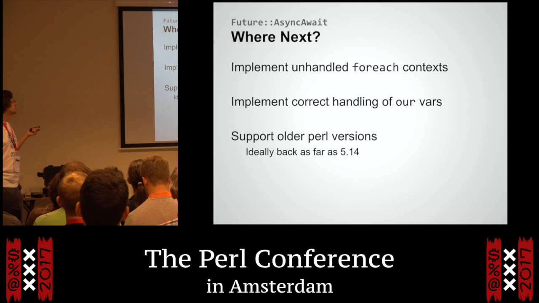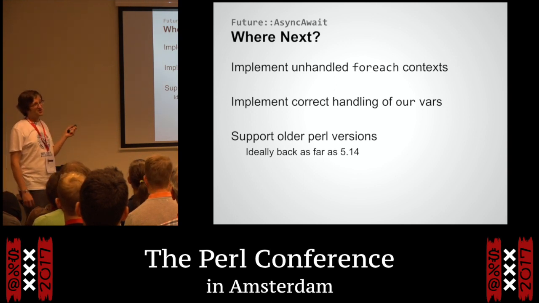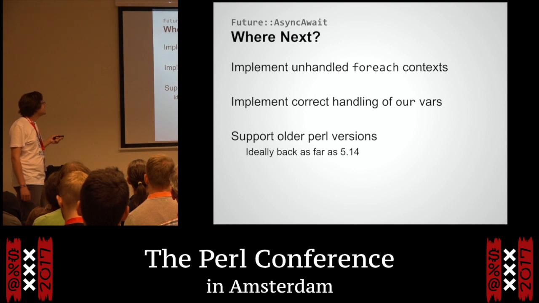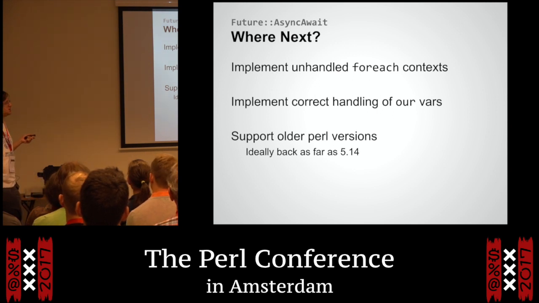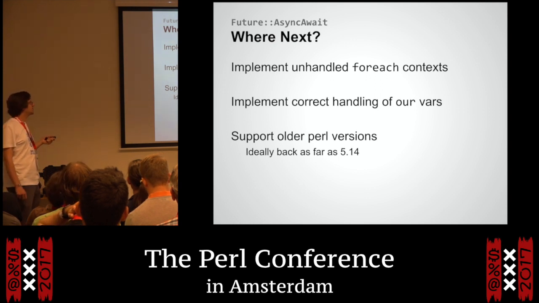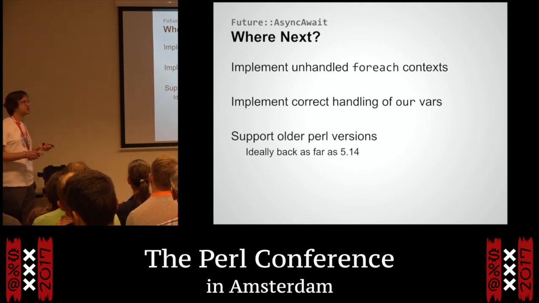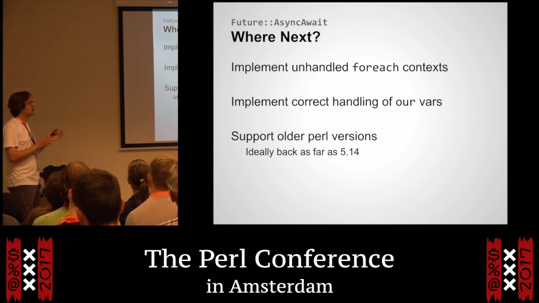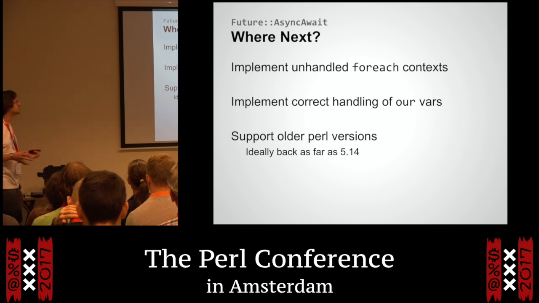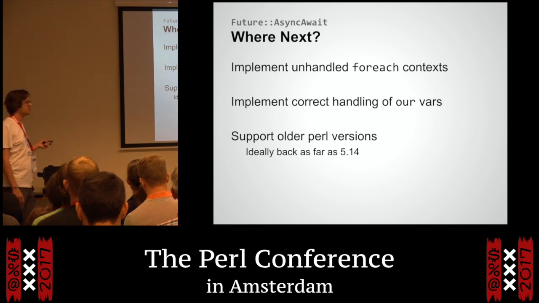And obviously I want to support older versions of Perl, because not everyone's running 5.24. Actually, most people aren't. Ideally, I want to go back as far as 5.14. Technically the keyword API itself turned up in 5.12, but there wasn't very much support from the innards of the Perl parser to ask the parser to help you implement your keyword. And a lot of the really useful things turned up in 5.14. So I would like to support this back as far as 5.14. I don't think there are any fundamental technical issues with that. It's just a matter of re-implementing the thing to work with the older version of the context stack.